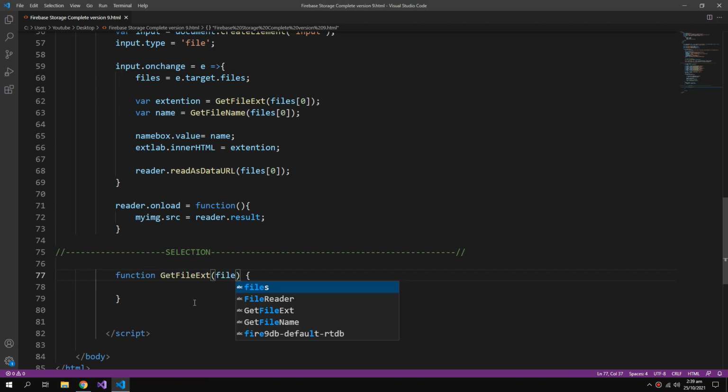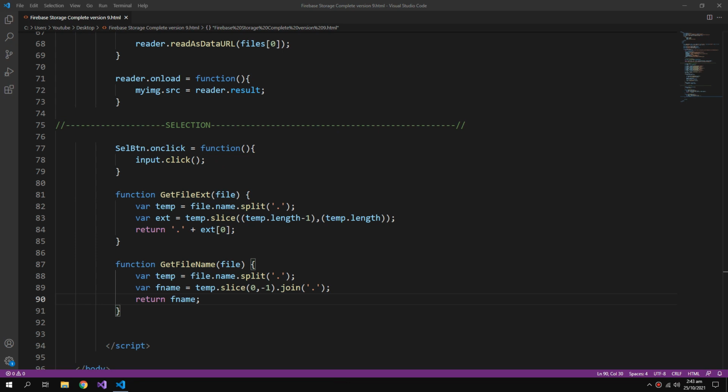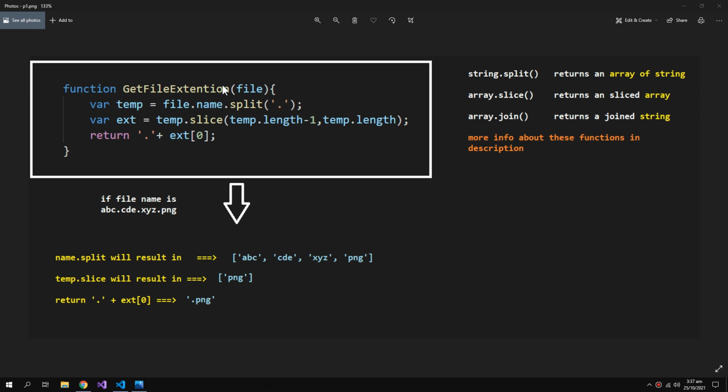It will take a file as an argument. So in the get file extension function, I have used these JavaScript built-in functions. And in the first line, I am saying file.name.split wherever there is a dot. So the file name will get the complete file name including the extension, and we are splitting it wherever there are dots. So if the file name is like this, it will return us an array full of